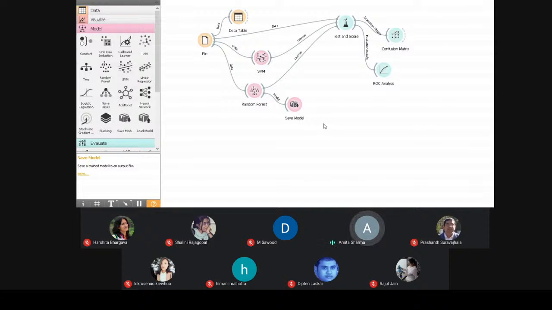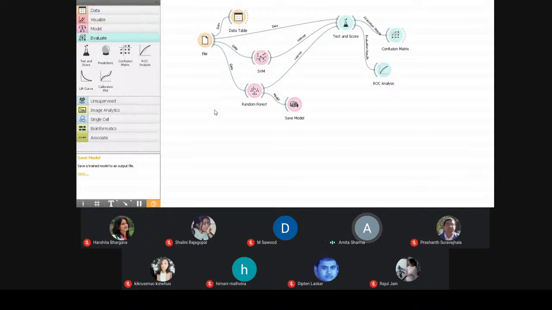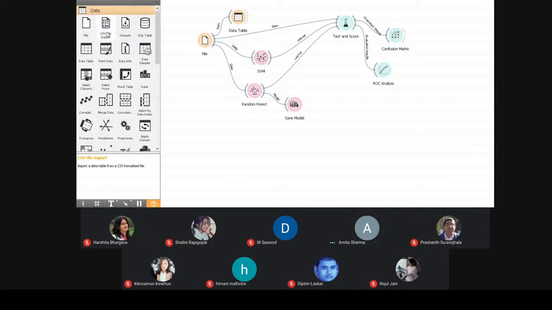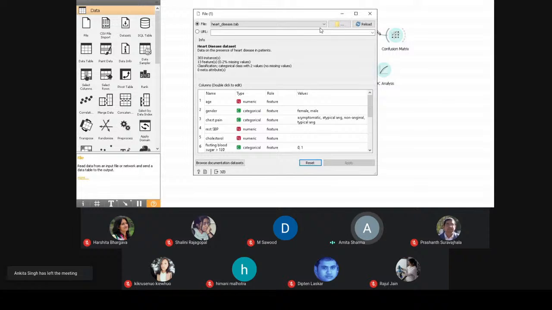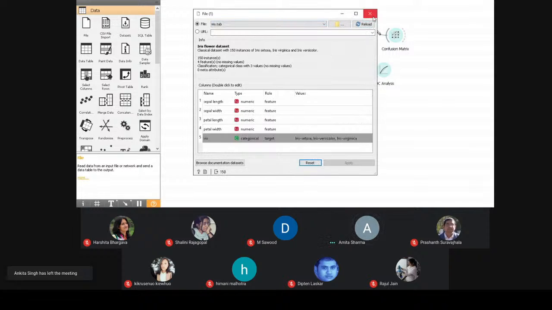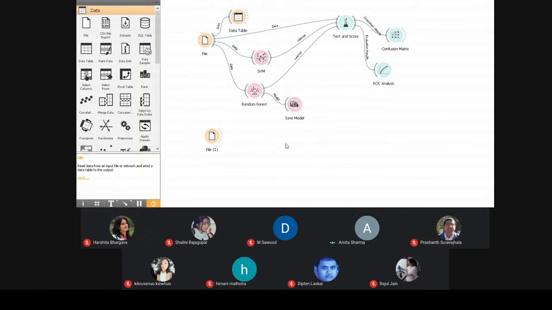Now if you have some test data and you have to apply the same model on the test data, how are you going to apply it? I'll demonstrate in this panel only. I'll again take a file option. This time also I'm using the same arrays data only; I'm not generating any other data set. Then I have to use this model which I have saved.